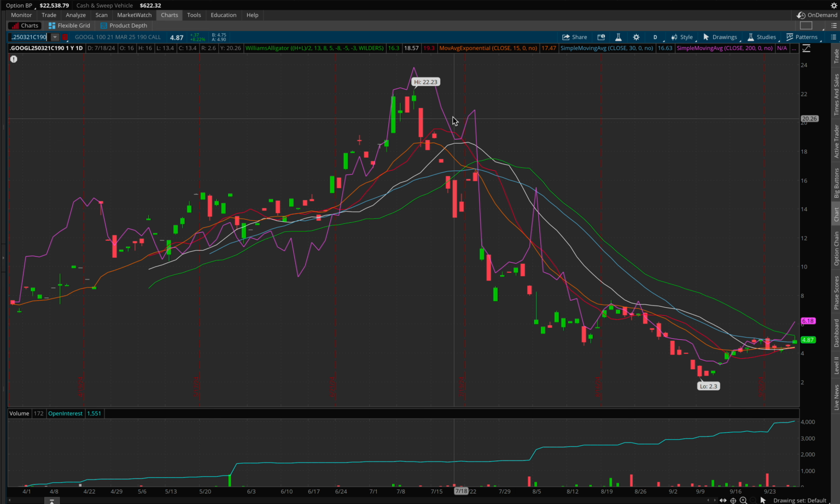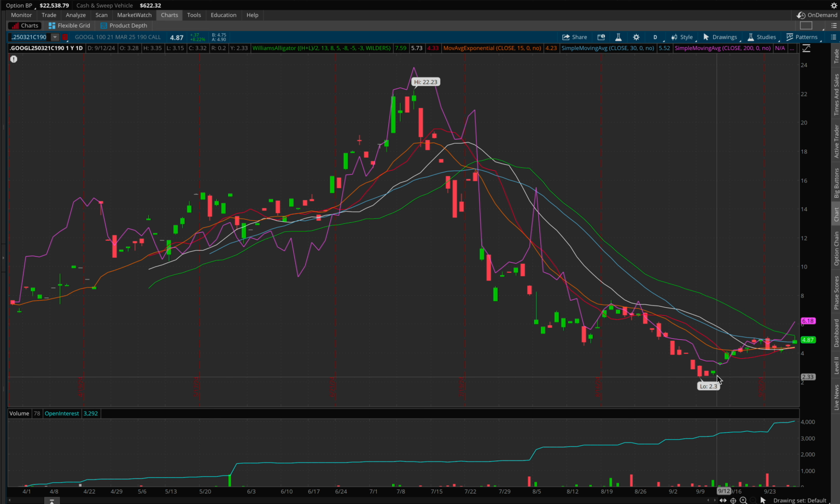So for me, it's all about risk to reward ratio. This is something I learned from Terry, I forget her last name, but this is not for options, but for stocks. So I want to make 100% return. So in order to make 100% return, I realize I've got to do some math. So I'm looking at the low, I'm looking at the high. Most stocks are going to go back to where they were. So if it was here, and this was when it was trading at 191, 192,